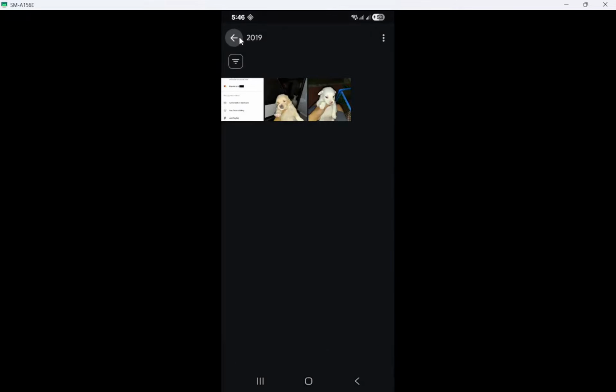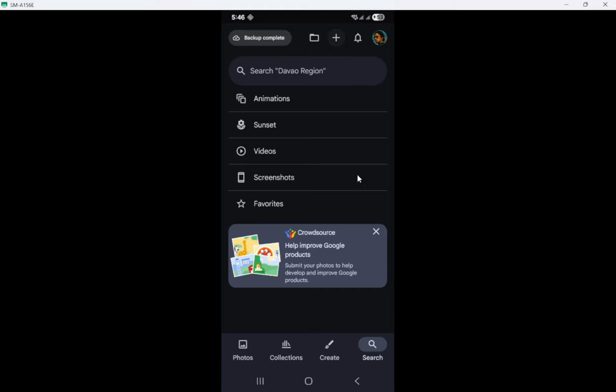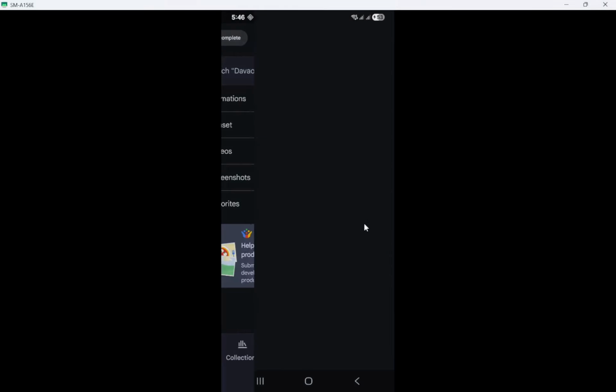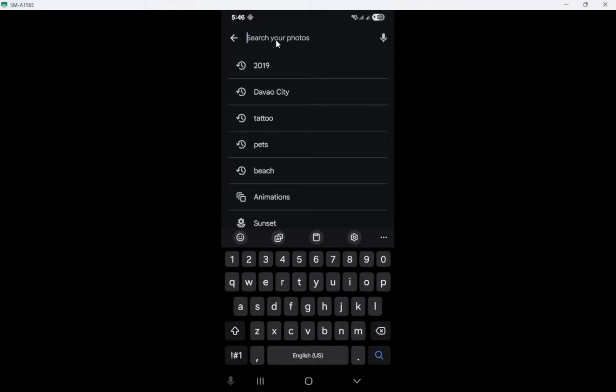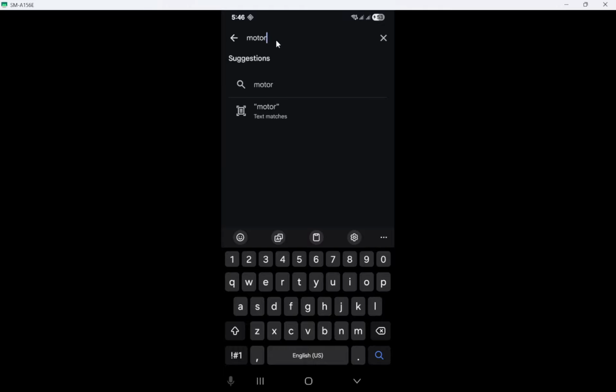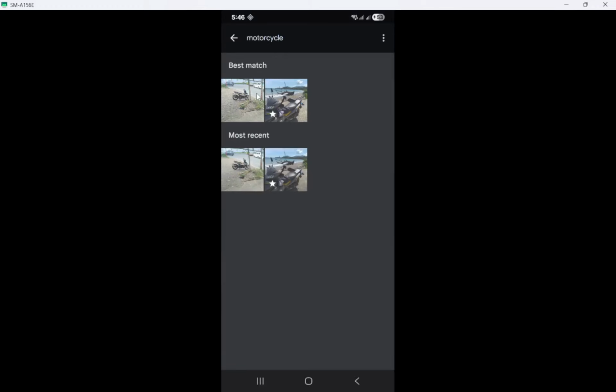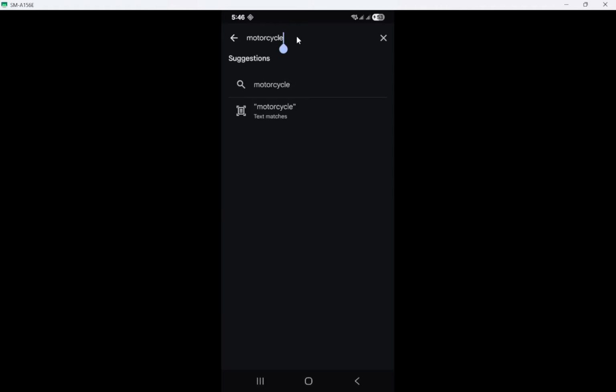Following this, you can search by objects or scenes. Google Photos is smart enough to recognize objects automatically. You can type terms like food, car, mountains, or concert to find related images. This capability can save you a lot of time since the app does the heavy lifting of identifying objects for you.